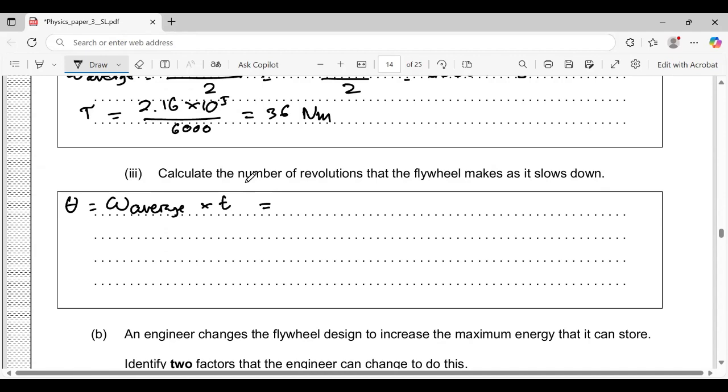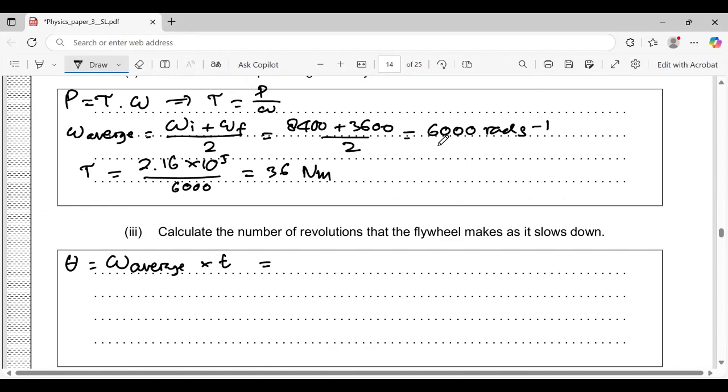The average angular speed is 6,000, times t, which is 9.6. And the result is 57,600